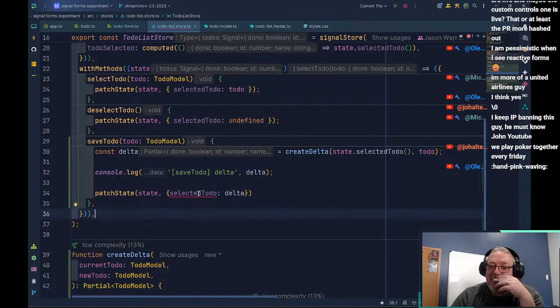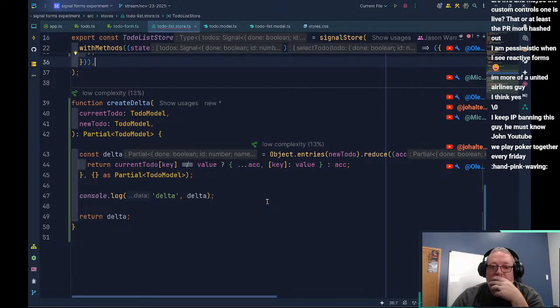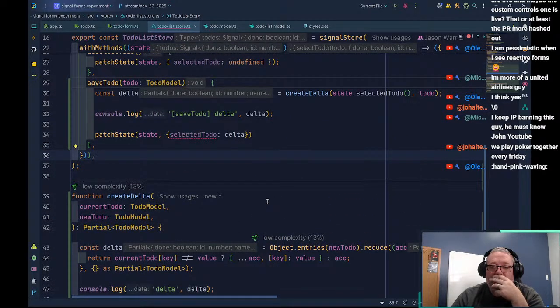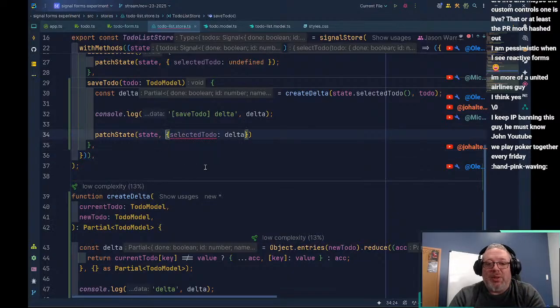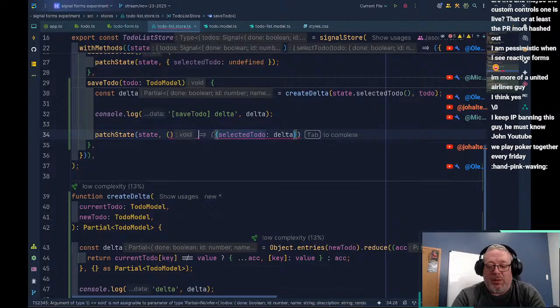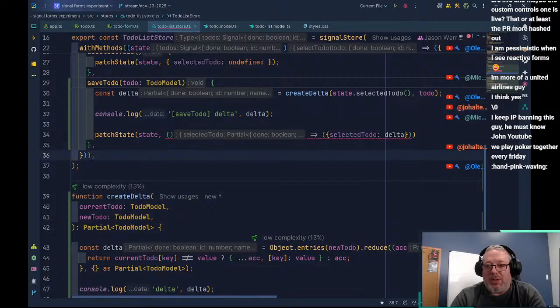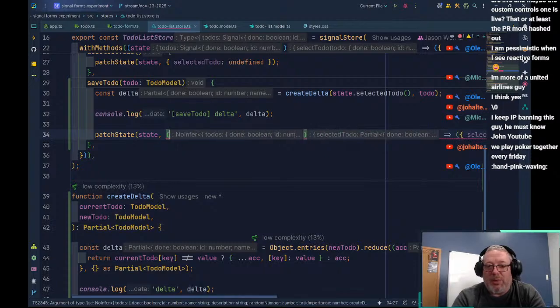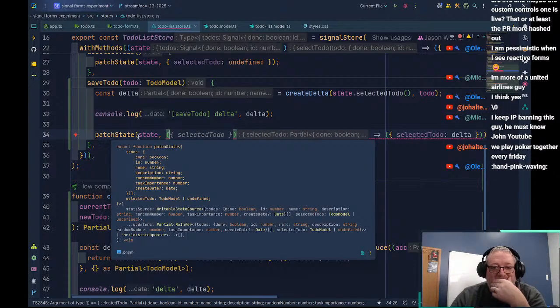That should be enough. Can I use a partial here? But we can use a function here that returns a partial. That should be good, right? Doesn't patchState allow us to patch in a partial?